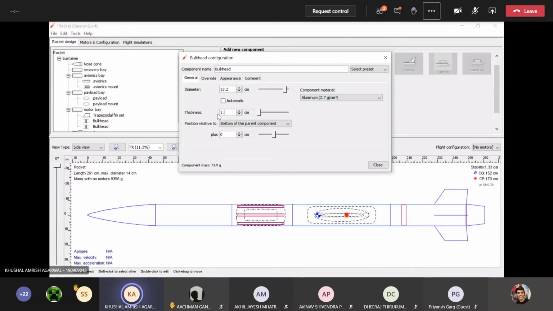The thickness of this will be 1.5, and I am directly putting this because we already know by simulations what thickness will be apt. But while making a new rocket from scratch, you'll have to do simulations in a separate software to figure out how much thickness will be safe for using the rocket.